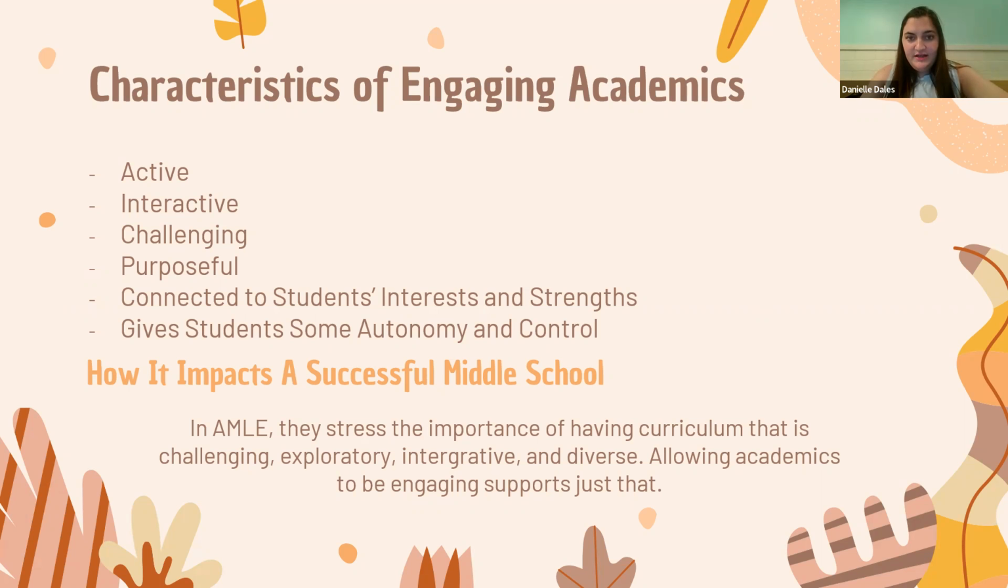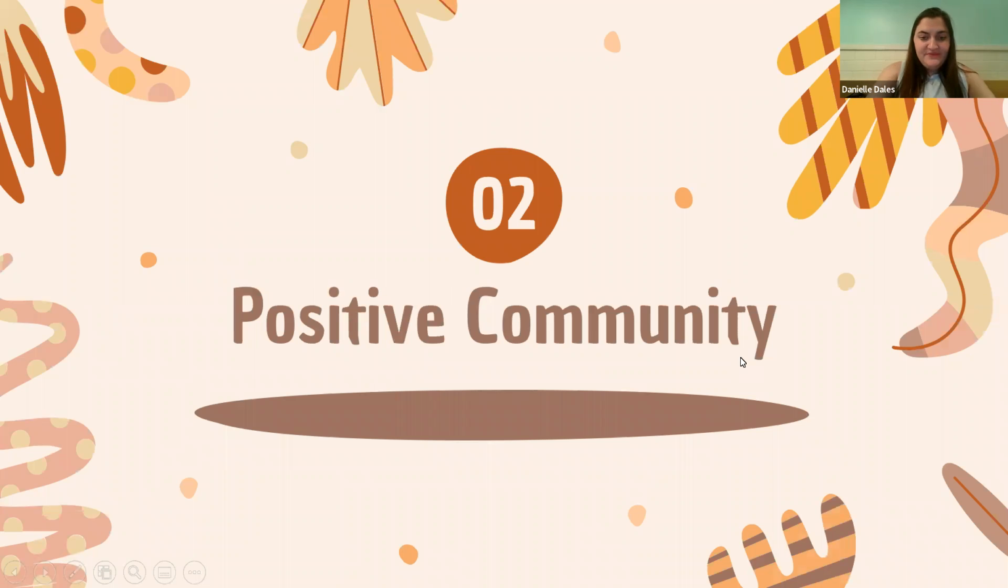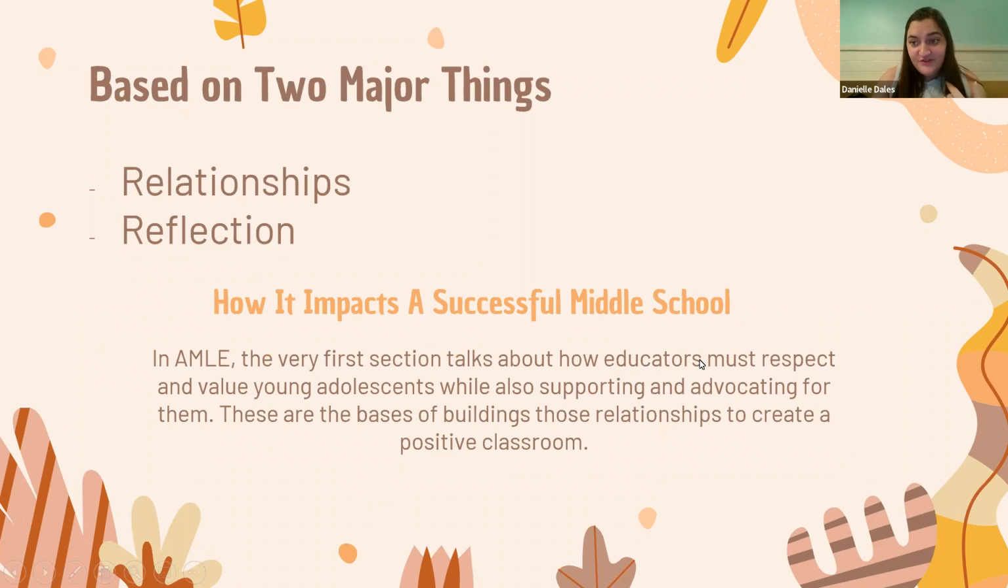The next one is a positive community. This one doesn't have as many characteristics, and it's really based on just 2 things. It's based on building those relationships and reflecting constantly on what we're doing in the classroom. Reflecting is a big one for me, because not only as a teacher are we supposed to be reflecting on the lessons and activities that we're doing, and how we are presenting these activities to the kids,